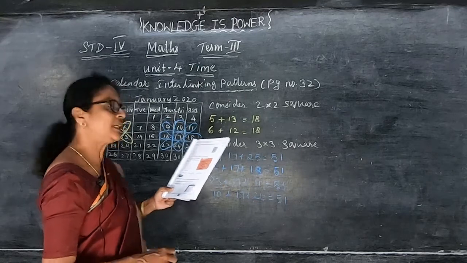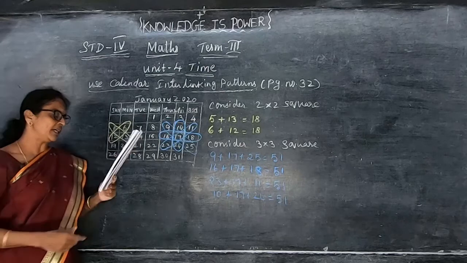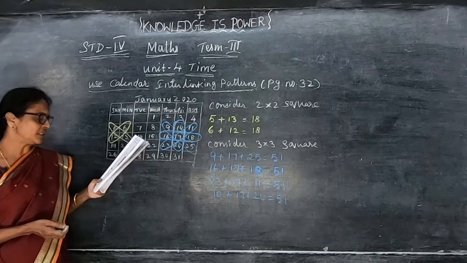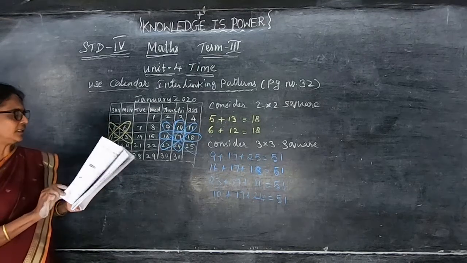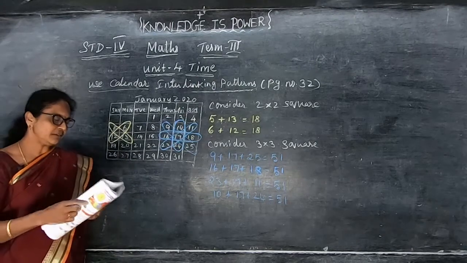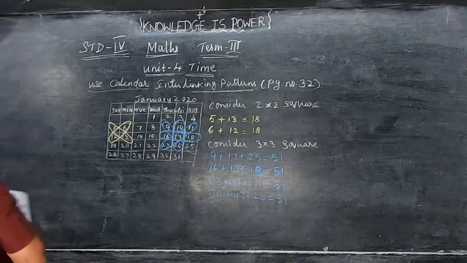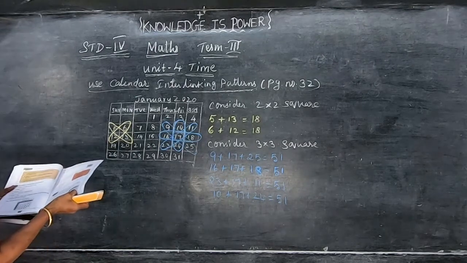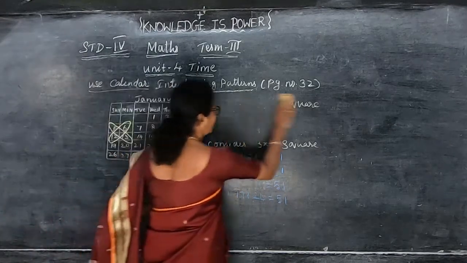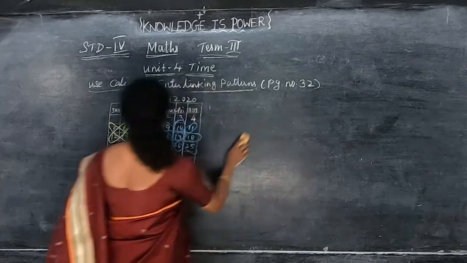Okay, now you select any month like this. Take any month you like, and find the 3 into 3 square and 2 into 2 square. Now consider the line 5, 6, 7, 8, 9, 10, 11. Okay, so this is it. Here, if you add the middle number, it will come the same. Can you understand? However you do 2 into 2 for any month, the answer, that method will be the same.